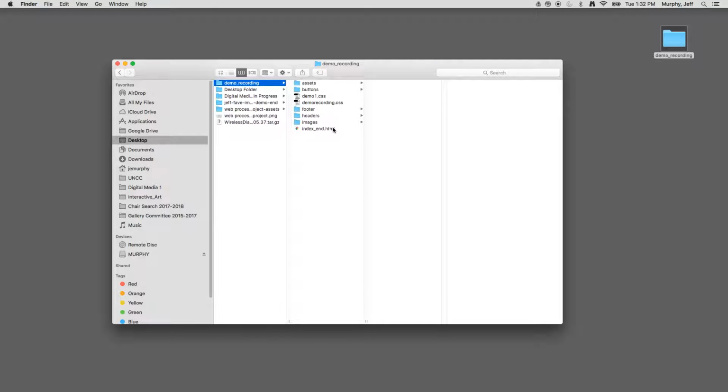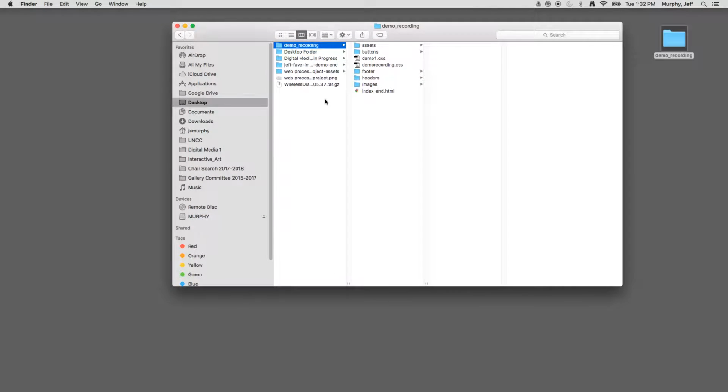You can ignore this index and HTML. That's what we're going to make. Actually, you know what? Yeah, I'll show you that later. You'll see. We'll get there. Okay, we're ready to launch Dreamweaver. The important thing is we have our local root folder. We're ready to launch Dreamweaver and define our site. So, assets created,